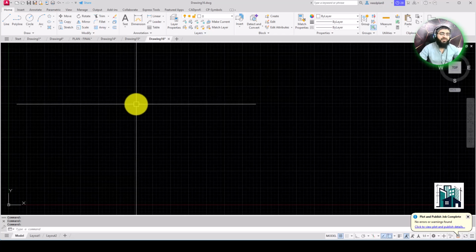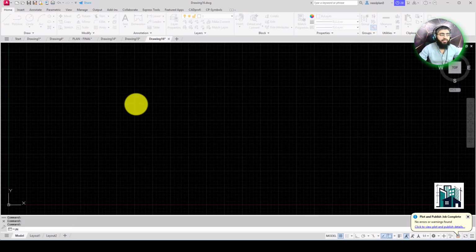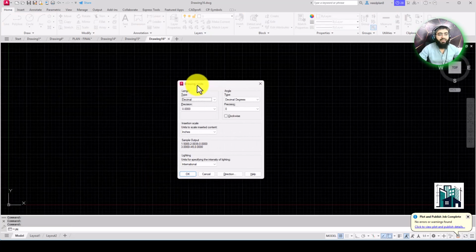Now the first thing you will have to do is set the units. Type UN and click. When you click UN, the unit panel will pop up. You will see architectural, decimal, engineering. If you want to create in millimeters or inches, you will have to put this in decimal. We want to create in millimeters.